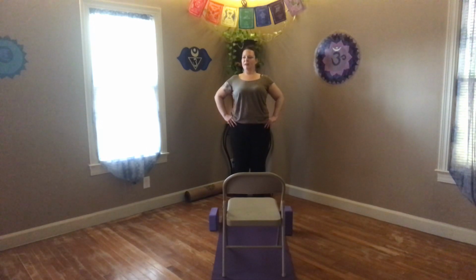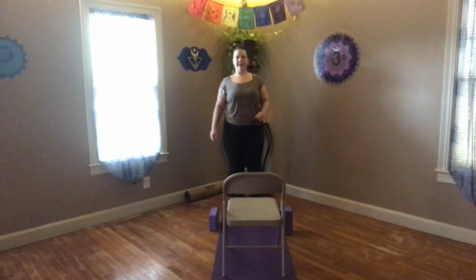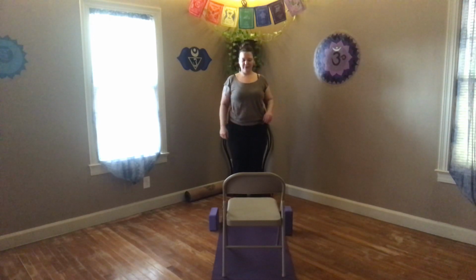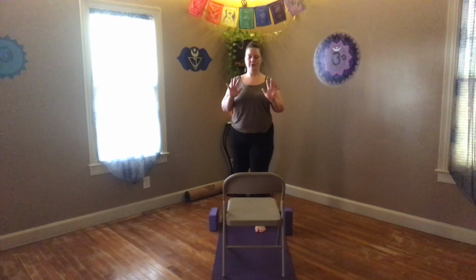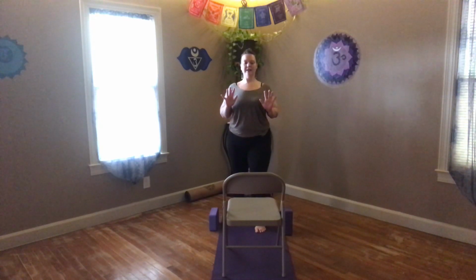We want just enough that we can extend, touch, and tip. So that's going to be our next movement. We are going to start with our half moon pose. So that's looking over to one side and kind of tipping it out. So with that, step forward with your right. Bring your hands about chest height to start. Look over the edge of your chair. So you're not looking at the chair itself, you're looking over the back end and pick something out there to look at. Lift up, extend,